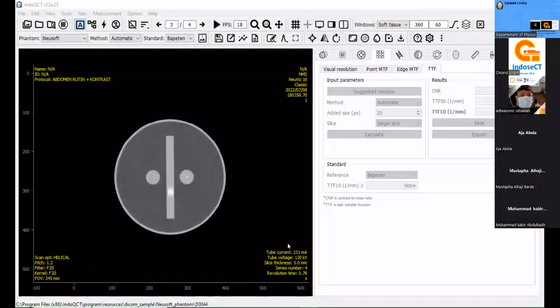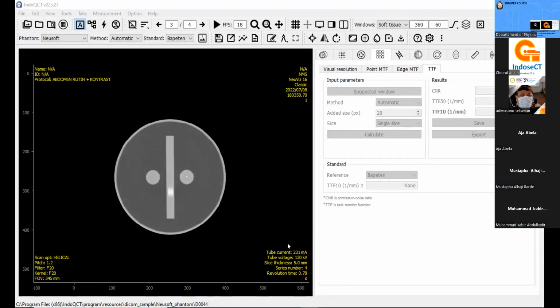Adiwasono asks, is there any minimum passing criterion for TTF? Unfortunately, because this is a new metric, there is no standard anywhere in the world.